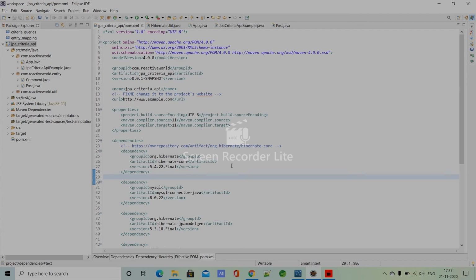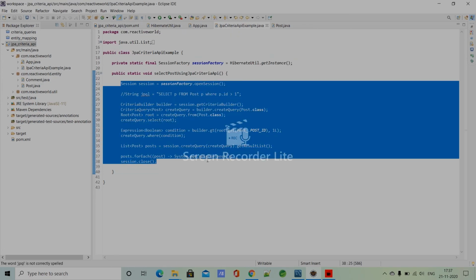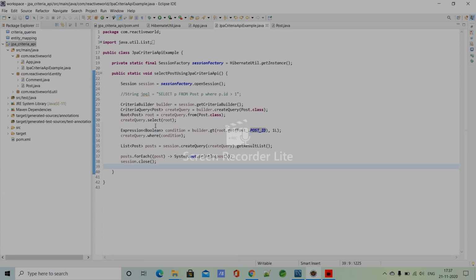In this video we have learned about the meta model generator and the new JPA criteria query API. In the next video we will learn about the multiple methods present in the criteria query interface for selecting entity records, for example selecting multiple values, where you don't want all the columns of the entity, you want selected columns of the entity.